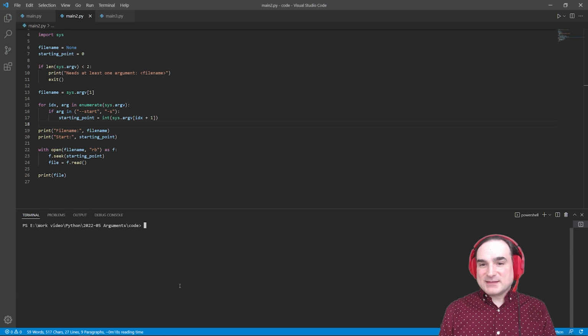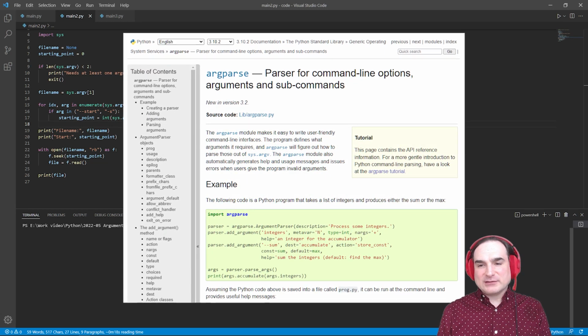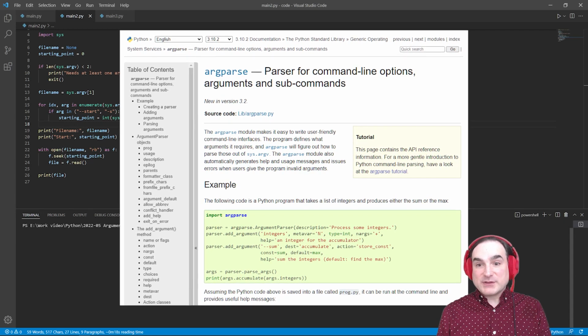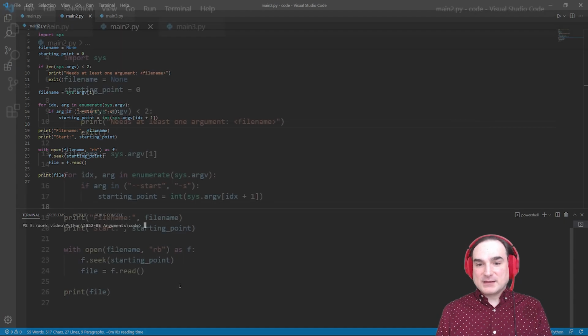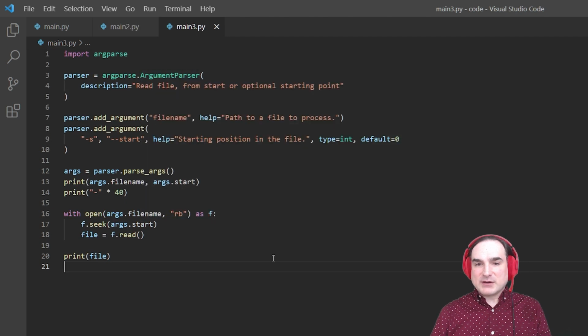Fortunately, Python supplies a module in the standard library to handle a lot of exactly that kind of heavy lifting. It's called argparse, and it lets you create handlers for command line arguments with a lot of other features thrown in for free. So in this version of the same program, we're going to use argparse to take in the same arguments and process them for us.